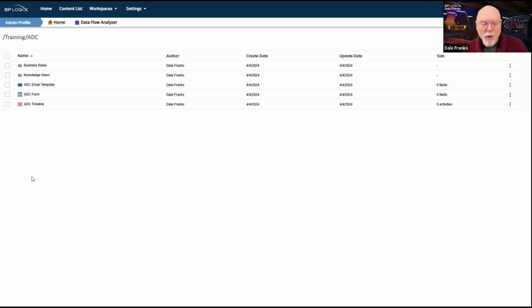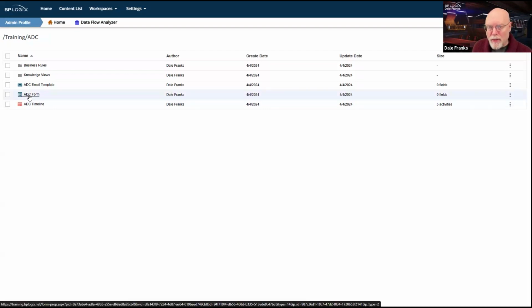Our decision at this point, of course, is what am I going to work on first? There's no right or wrong answer to this question. Although, personally, I generally always start off with the form to actually do my detail work on what the application is going to be. And the reason that I do that is because the form is where all of the